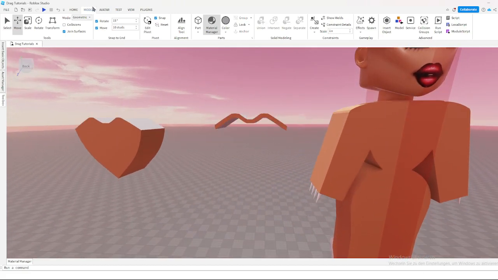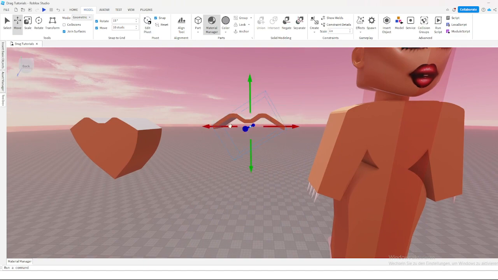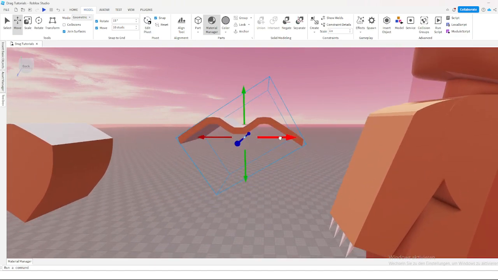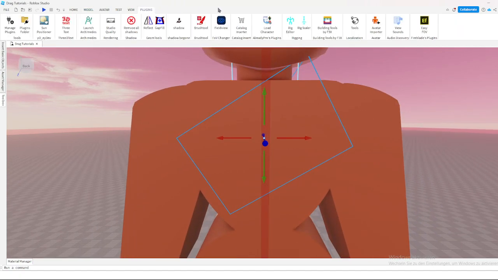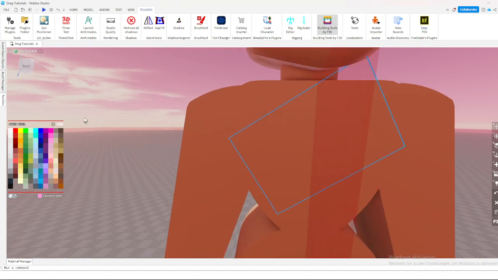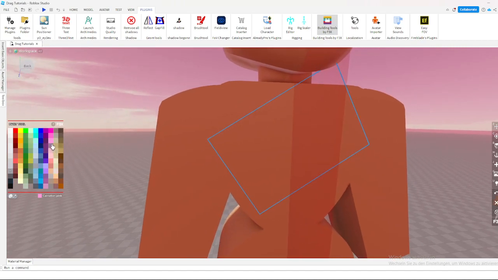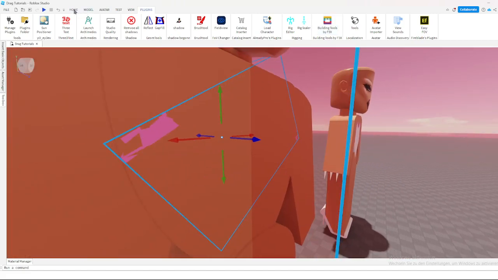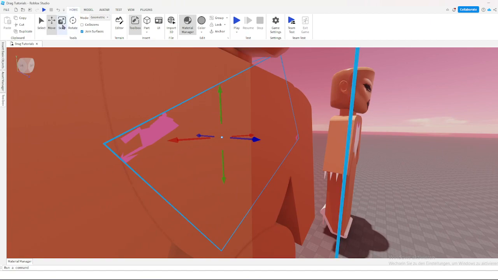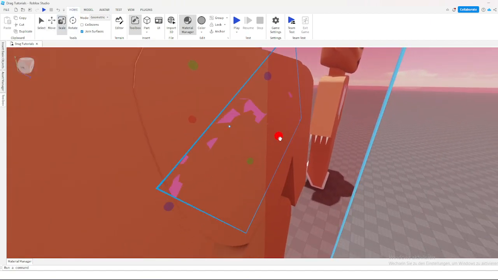Okay, so now we're going to take this union and move it inside it again. Press on plugins, building tools, then the coloring tool. Just choose any color. I'm choosing this pink. As you can see, it's overlapping. So now we're going to press on home, scale, and then I'm just going to drag it out. Oh wait, I still have,